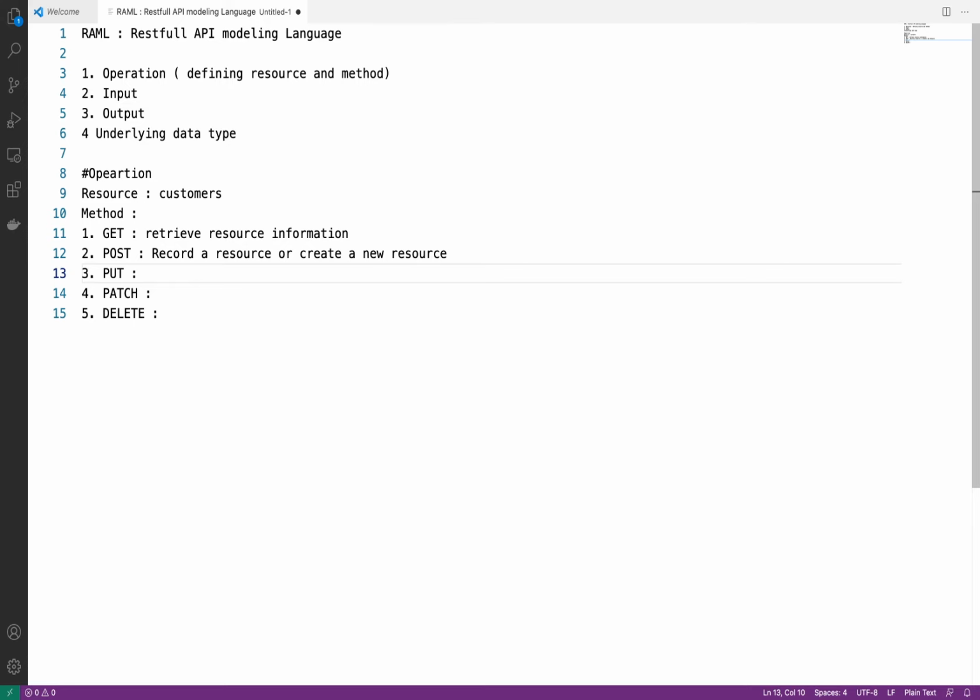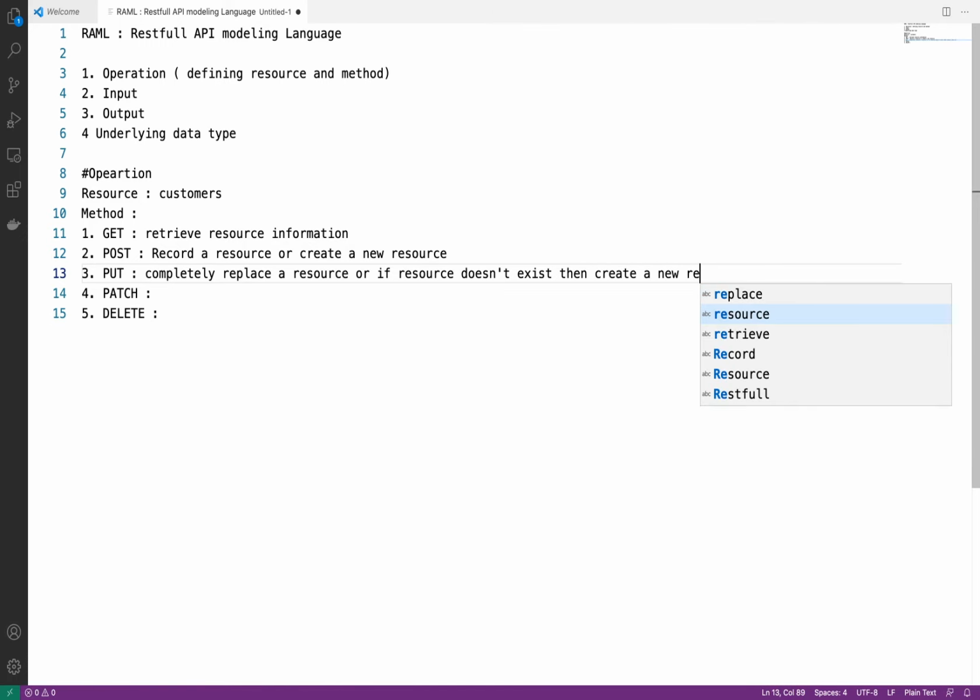It will perform the same operation that post does. So what two operations will put do? Completely replace a resource, or if the resource doesn't exist, then create a new resource.